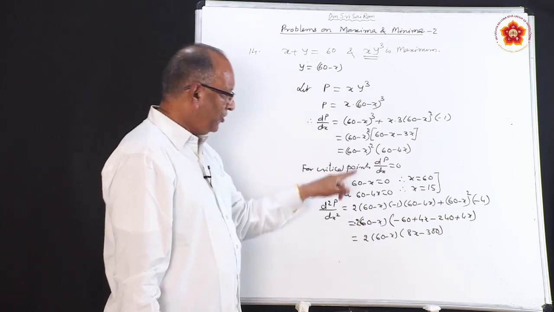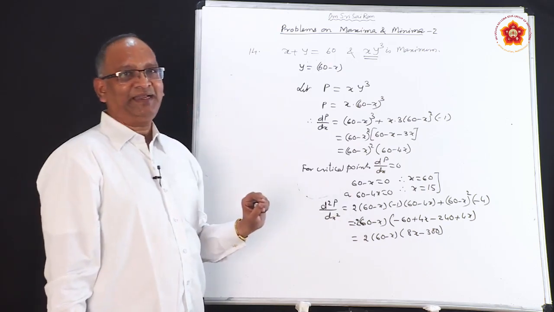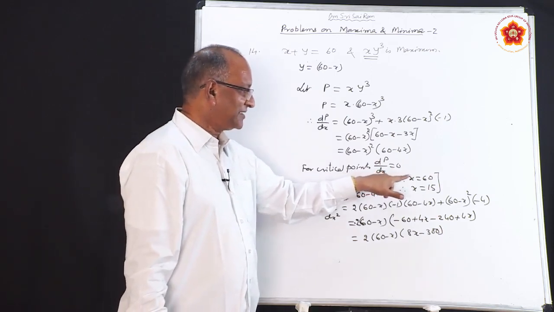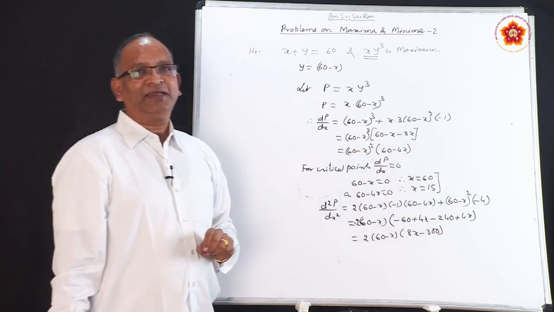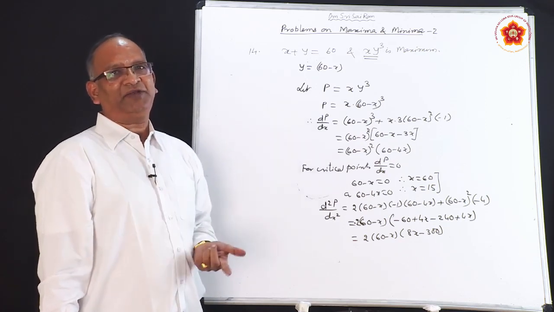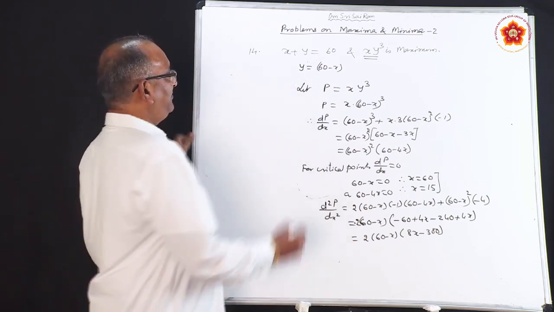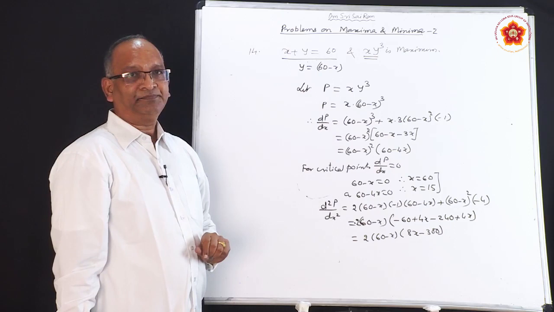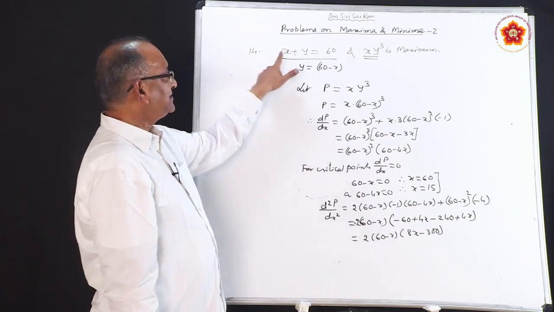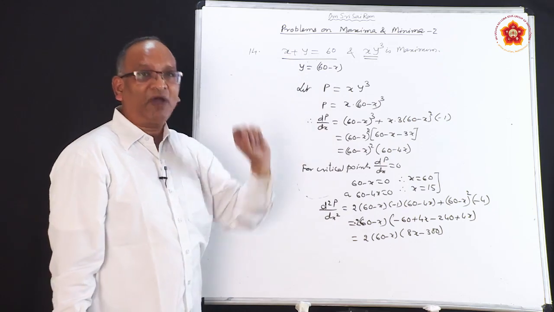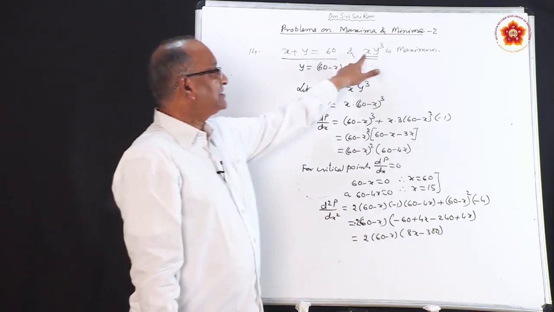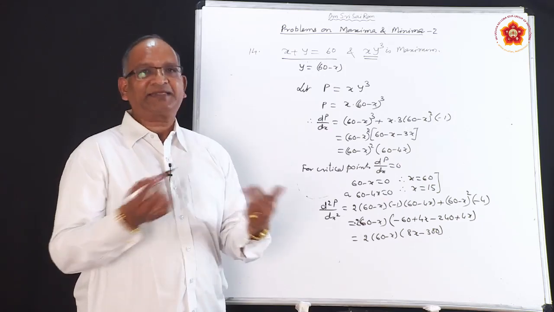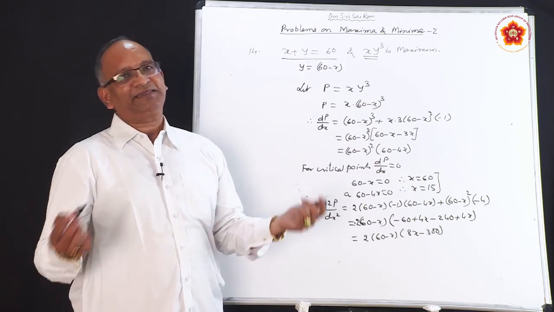In fact, this whole what we are trying to do by second derivative method can be avoided. How can we avoid? We got two values of x, one is x equal to 60 and another is x equal to 15. Just with the help of that you can discuss. Why? Because it is given that x plus y is 60. What happens if x is 60? Directly substitute x equal to 60. So, what you will get? You will get y equal to 0. If y is 0, x y cube will not be remaining, it will vanish. So, x cannot be 60. So, the conclusion is x equal to 15.